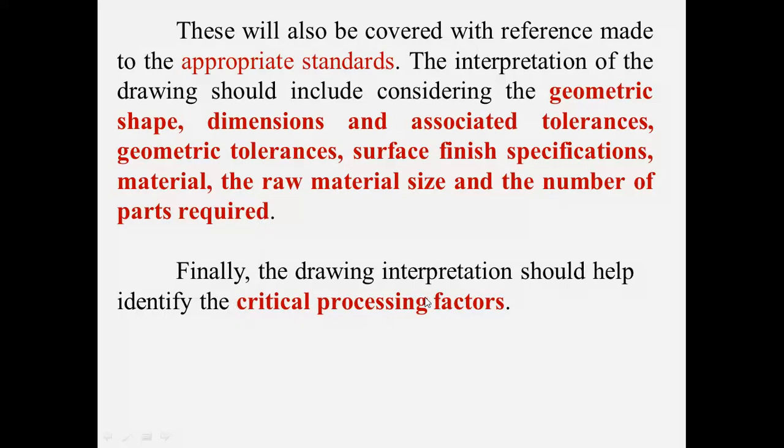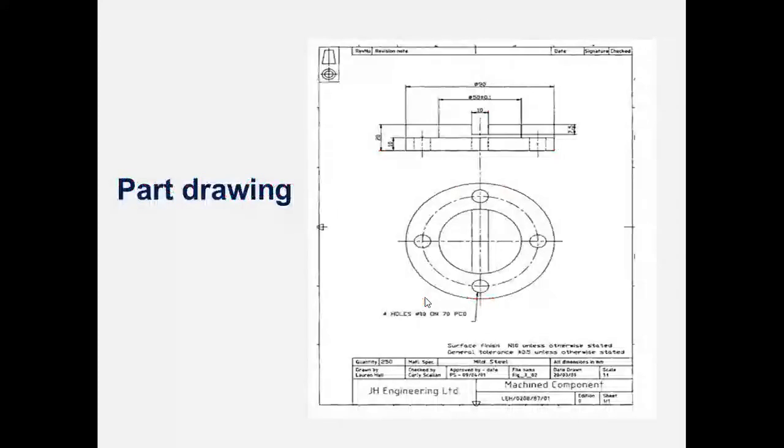Finally, the drawing interpretation should help to identify the critical processing factors. So this is a simple part drawing to identify the process. So with this diagram, we have to identify what are the processes involved in